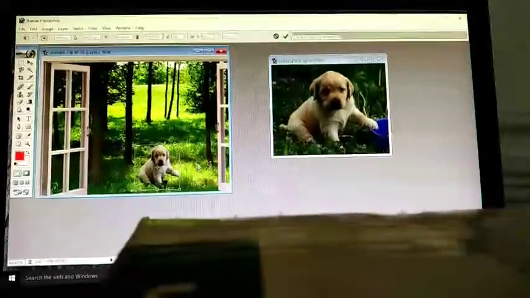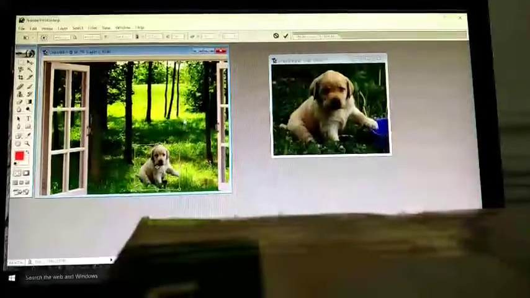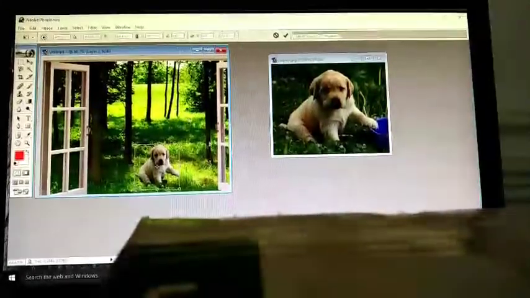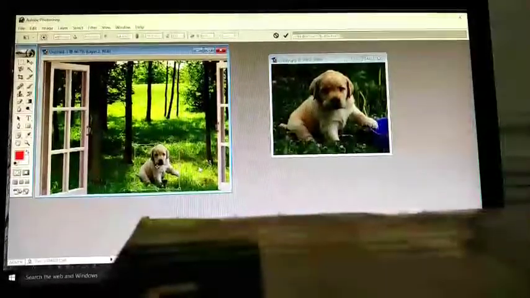Okay, so you can select a part of the image with complex edges using magnetic lasso tool.